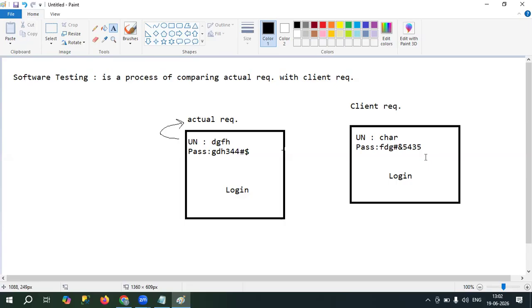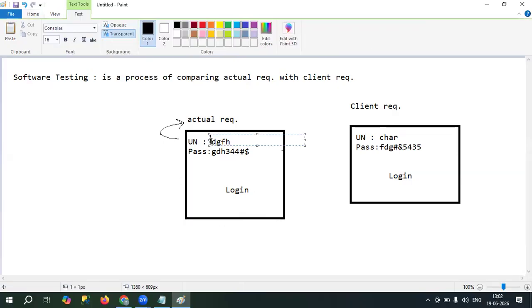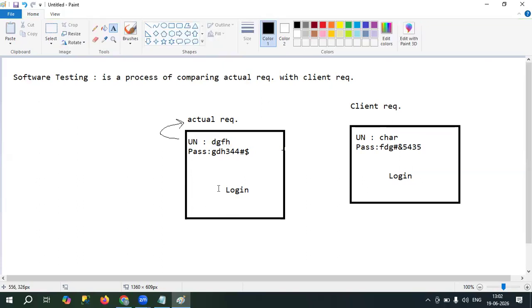So now, when can we say it works according to client requirement, or it works properly? For example, the client says the username field should accept characters, and the password field should accept characters, special symbols and numbers. And the client says whenever users click on the login button, login should be done successfully. So in our actual result we also get the same: the username accepts characters, the password field accepts characters, special symbols and numbers, and whenever users click on the login button, login should